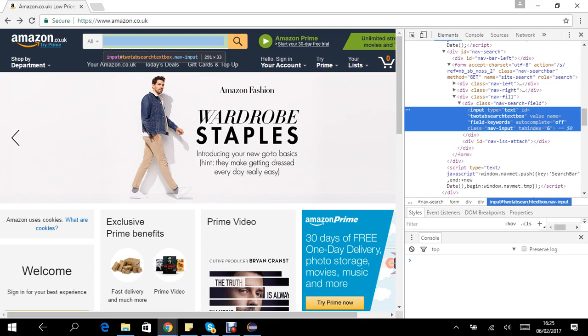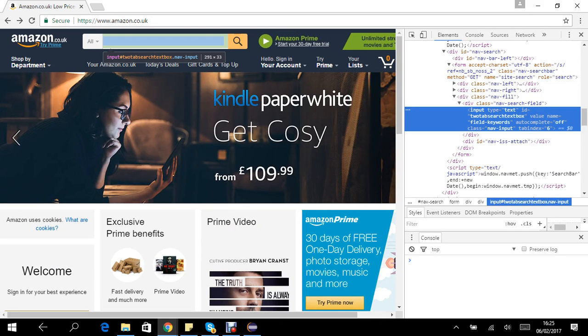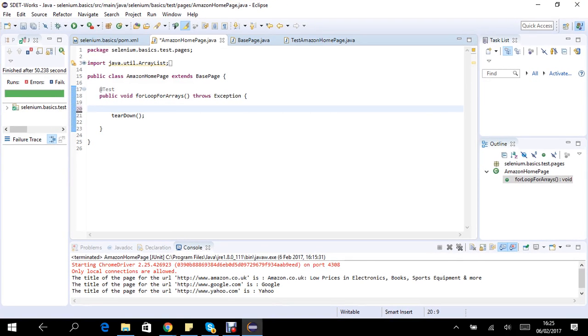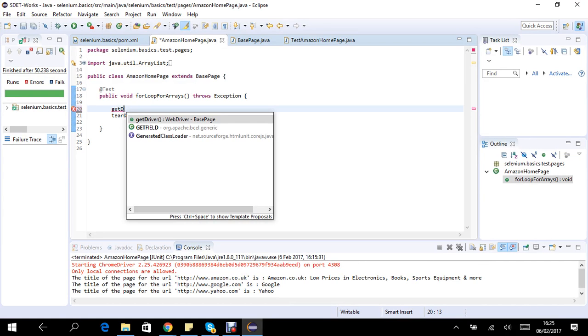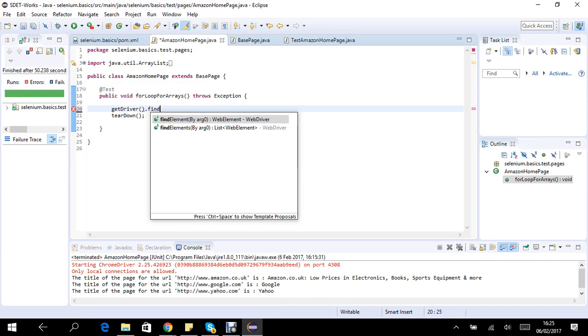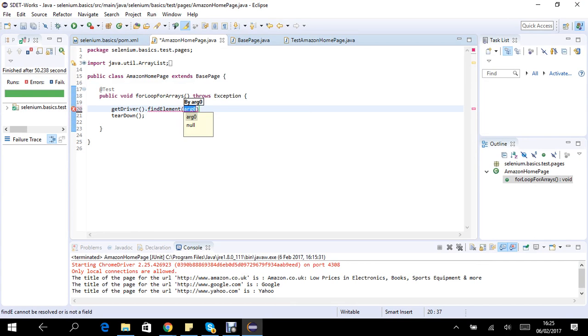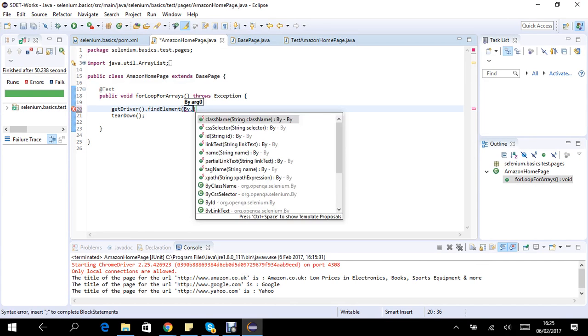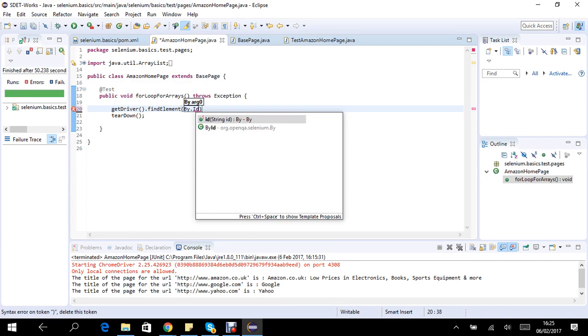Input type text, ID is twotabsearchtextbox. Copy that, go to the code. So we're going to have getDriver dot findElementBy ID, which is